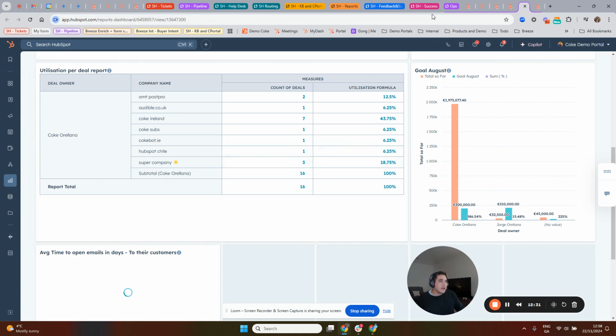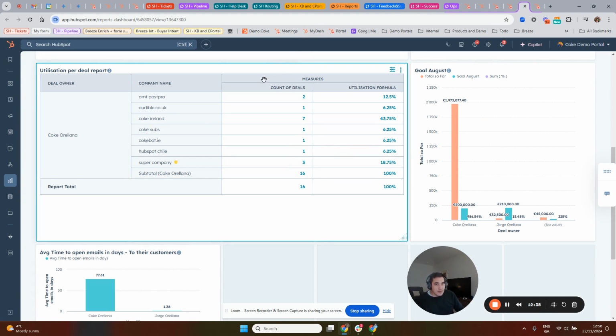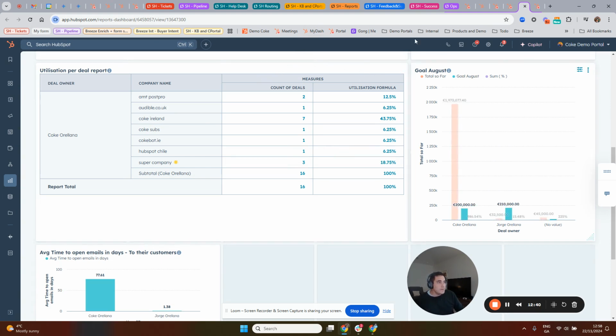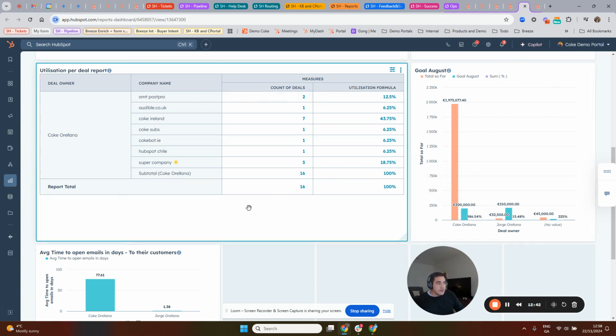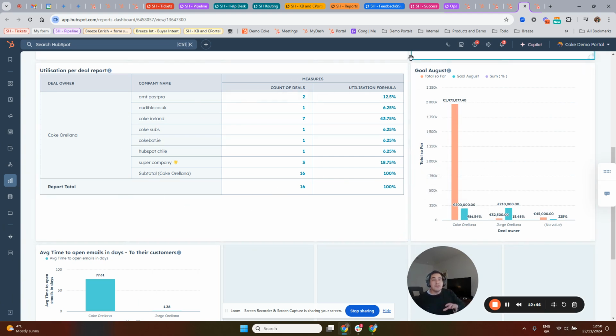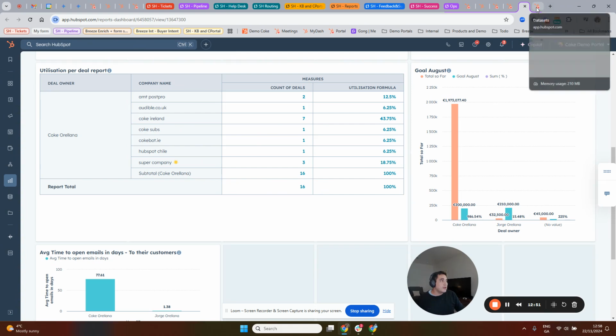that is possible with datasets. And datasets used to be a functionality only for Operations Hub Enterprise, but now you can create up to 5 datasets in HubSpot with Operations Hub Professional. And from each one of these datasets, the 5 datasets that you create, you can create different reports. So you create a dataset, but from that dataset, you can create multiple reports using the datasets that you created. In this case, with the formulas that you added in that dataset,